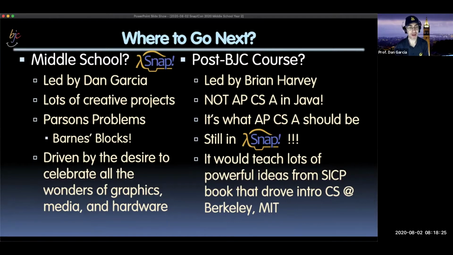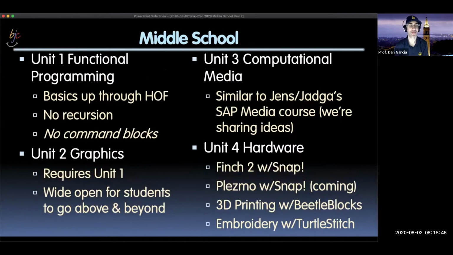I'm a graphics PhD, so I wanted to bring some graphics in there. Once I taught the functional part for units 2 and beyond, I wanted to play with other things that were exciting me about the space of high school and middle school computing that I was seeing at the conference. I was learning from all these other sessions. I was trying to steal from Jens and Jadga, and steal from great ideas that I was seeing all around the world. That was the spirit. Okay, I'm almost at that.